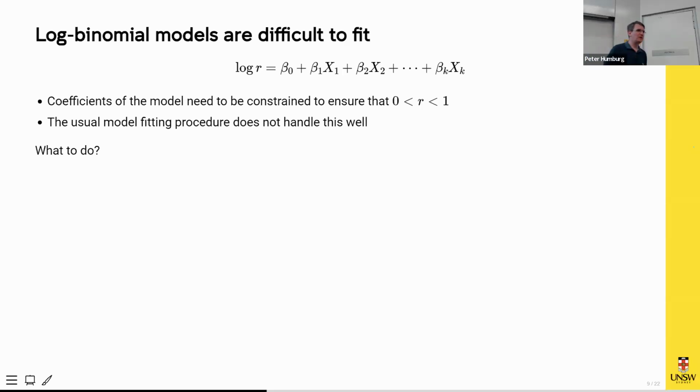So the problem here, maybe to elaborate a little bit, is that we are estimating a risk here, right? It should be between 0 and 1. That means that there are some constraints that need to apply to our predictors so that we actually get predictions that are between 0 and 1. And by itself, without us doing anything, there's nothing that forces the right-hand side of this equation